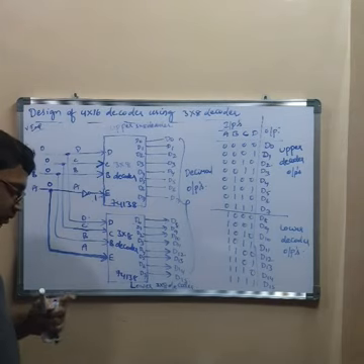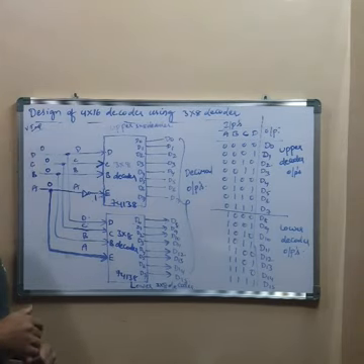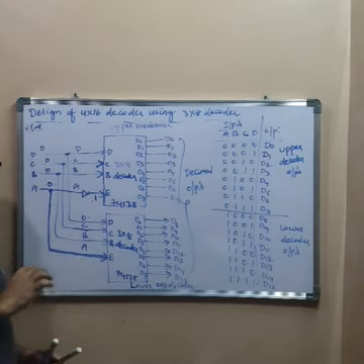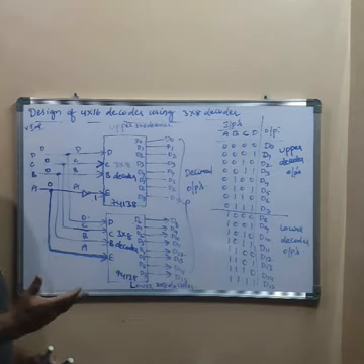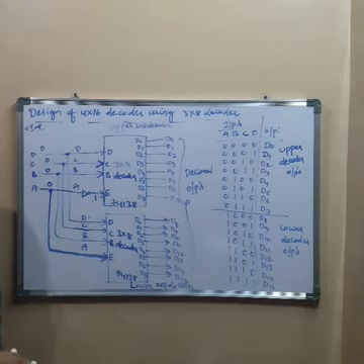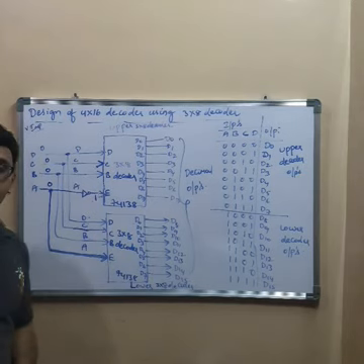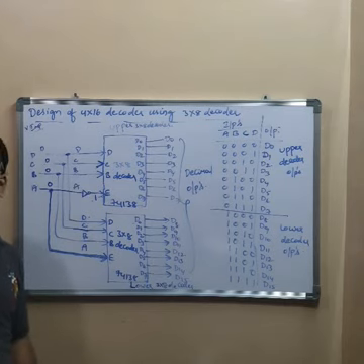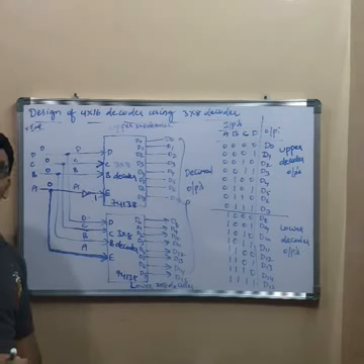As you know, the function of enable input in the previous class also I have already explained you. If it is activated, whatever the inputs you apply, there will be effect at the output based on the applied input combination. If enable input is not activated, whatever the inputs you apply, the output doesn't affect, because disabling the enable input disables the circuit, right? As I have told you the same example, after going home from the college, if your home door is locked, you cannot enter into your home, right? So here also the same thing.